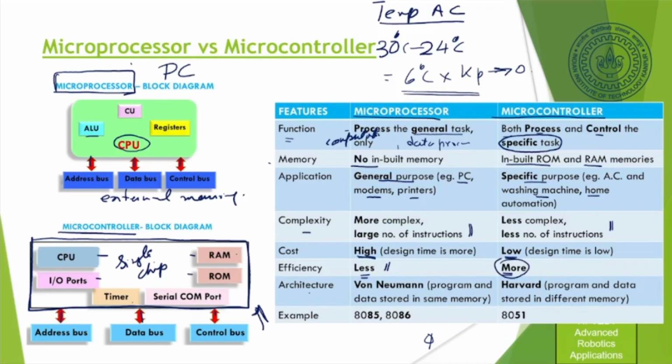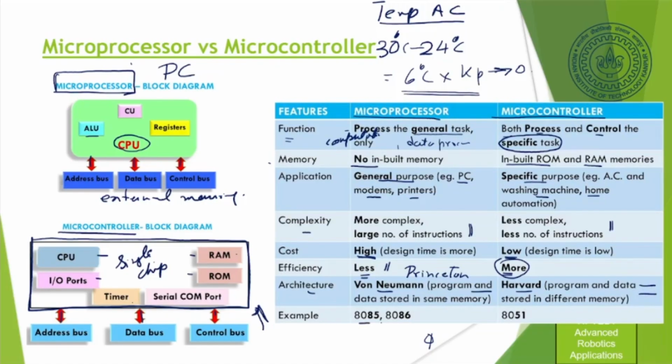Now, in terms of architecture, this is just theoretical. There are two architectures that are used. Microprocessors with von Neumann architecture, which is also called the Princeton architecture, and the other is the Harvard architecture. In the von Neumann architecture, the program and the data are stored in the same memory. In the Harvard architecture, the program and data are stored in different memories. So this is stored separately, this is stored together. There is only one line here, and here there are two.